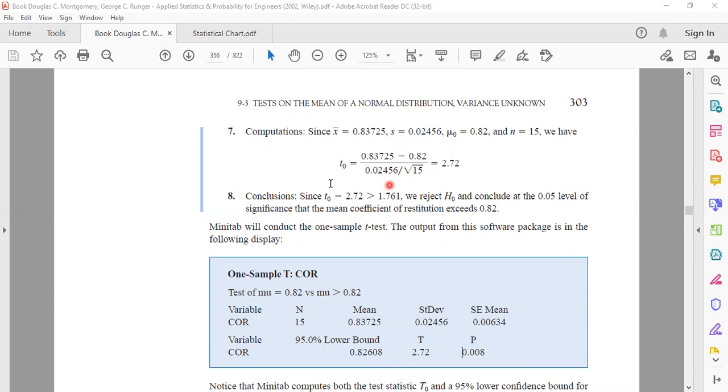Anyways, so we rejected the null hypothesis. My problem is done. We are going to accept the alternative hypothesis. How to calculate the p-value over here? What is p-value? If I try to recall the definition, p-value is the lowest level of significance at which the null hypothesis would be rejected. So that lowest level of significance is going to be calculated right now.